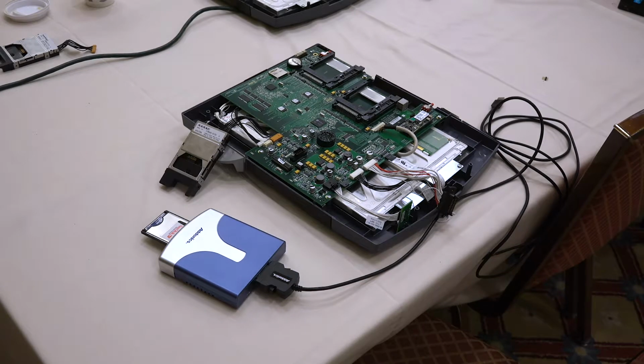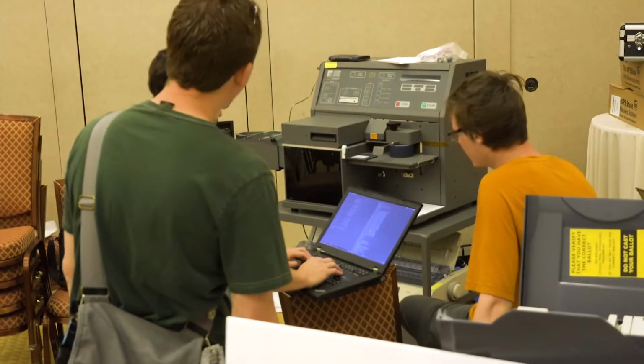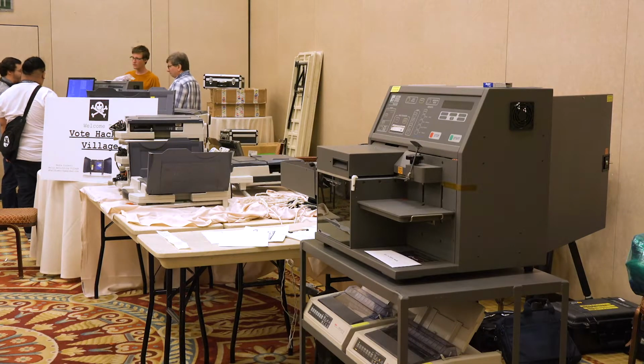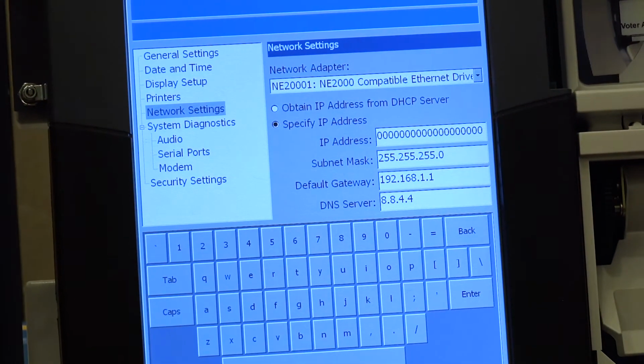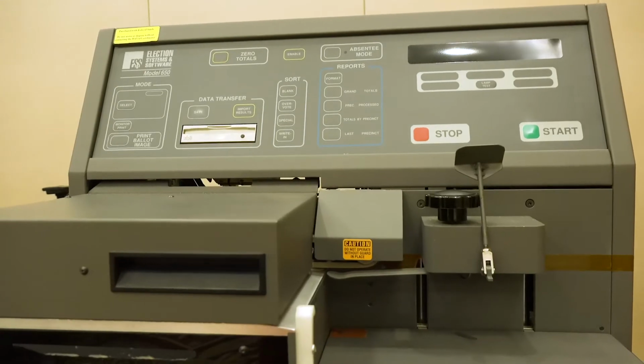And one of the most exciting things this year is that we've had over 100 state and local voting officials come in, as well as the hackers from the DEF CON community. And they've been learning from us, and we've been learning from them, and there's been real dialogue going on. It's been really terrific, and really eye-opening and kind of scary for everybody. So I think there's maybe